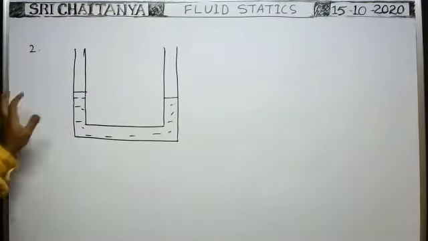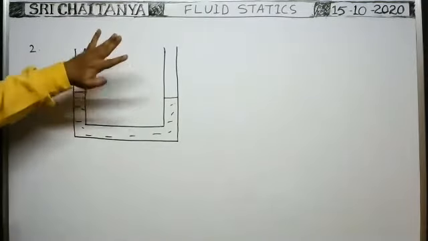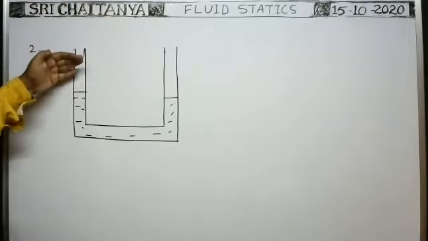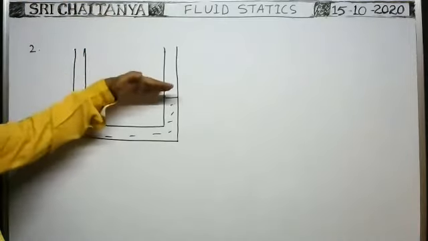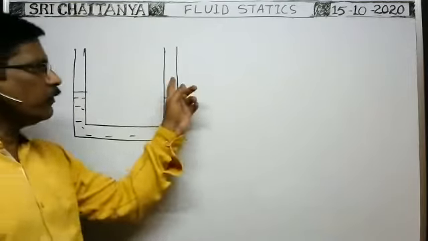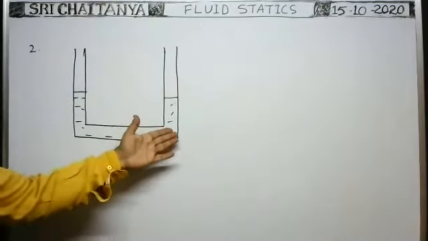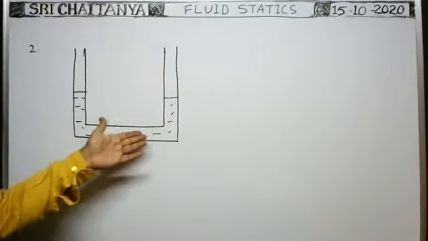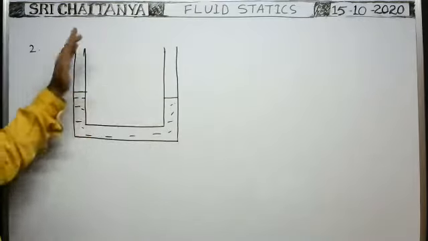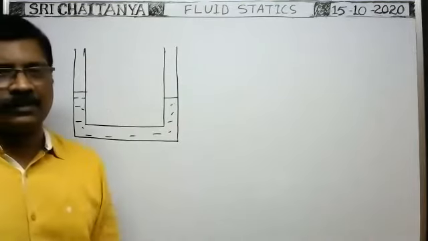Initially, whenever there is no motion, the U-shaped tube is kept vertical like this, and when it is at rest, the liquid in the U-shaped tube stands at the same level in the two vertical limbs. Suppose it is moving with a certain acceleration in this direction. Definitely, due to the pseudo force acting on the liquid in the horizontal tube, the liquid level rises here and falls there. Whenever it rises on one side, it falls on the other. What is the difference in heights of the liquid? Already I said in the class.